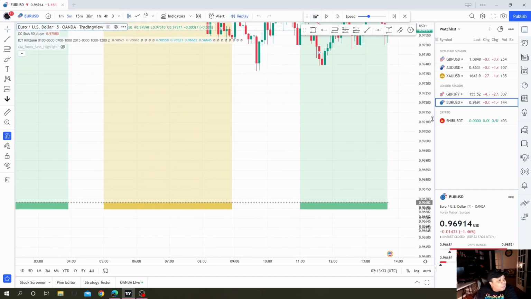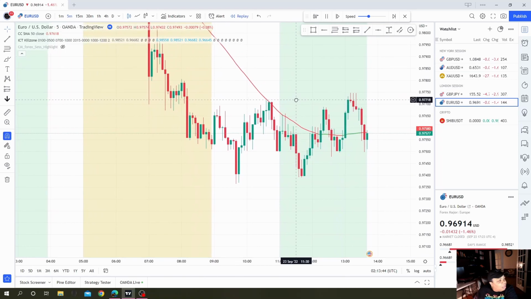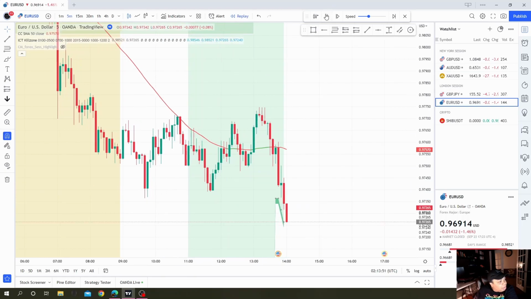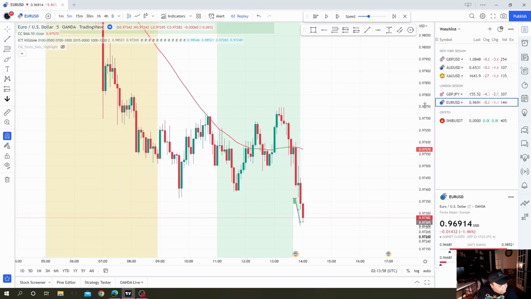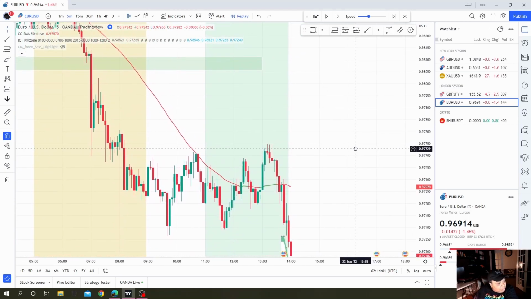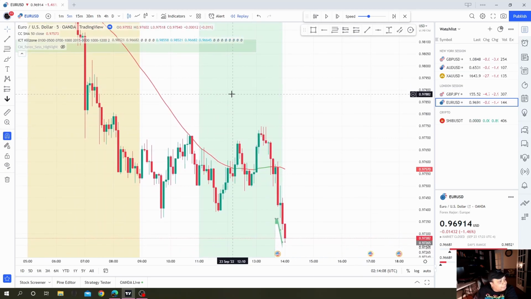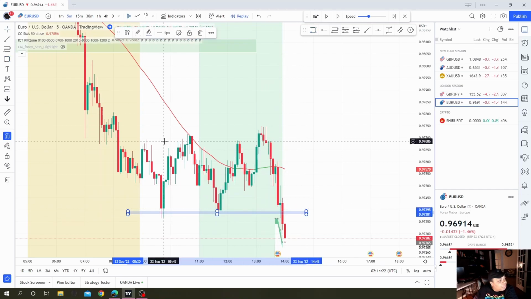Okay, on the 5-minute chart, this is currently the New York session on 9/23. Support here, we're going to mark it up as we see it. It's in a downtrend. I'm in the New York session of 9/23, so this was yesterday. On EU, my support is here, and if you see the break of structure here,